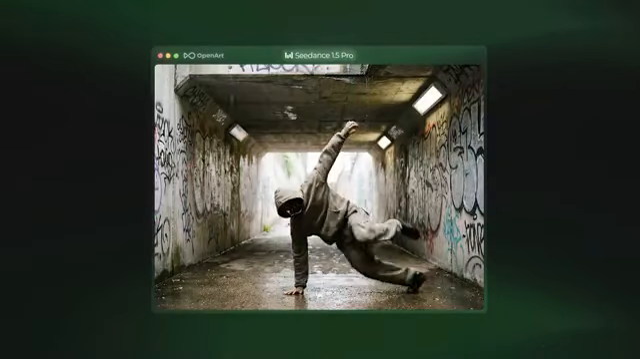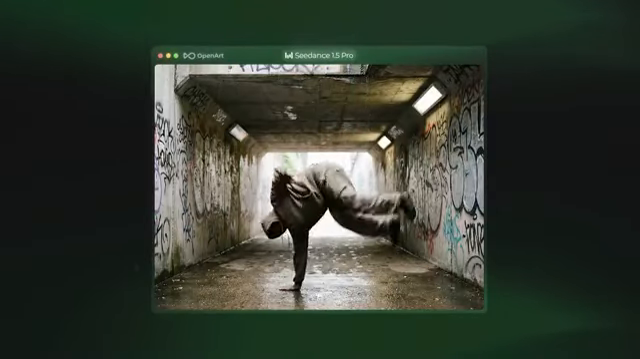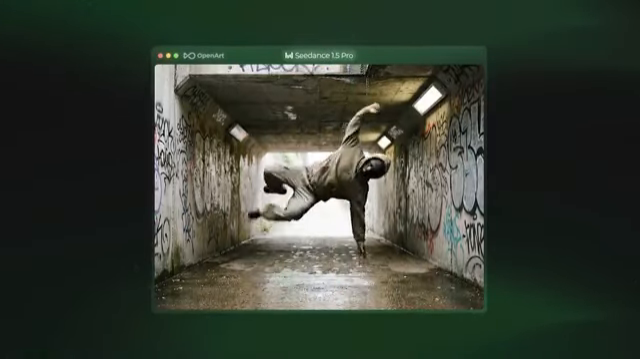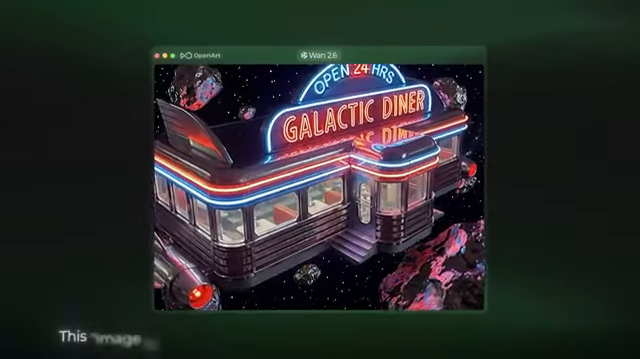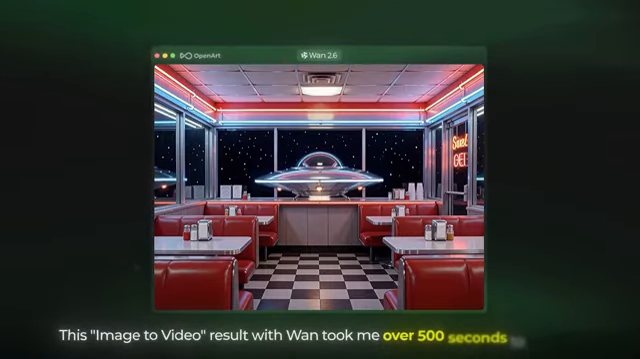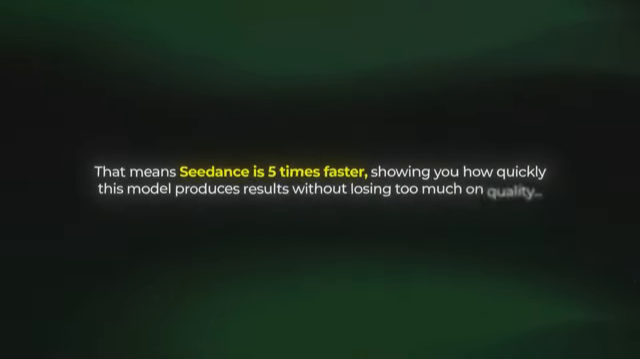Yet again, the movement is incredible. The speed is also really good for a video that is 8 seconds long with both a starting and an end frame. It only took a little over 100 seconds to generate. This is really good compared to some other models. For example, the image to video result with Juan took me over 500 seconds to create. That means Seedance is 5 times faster, showing you how quickly this model produces results without losing too much on